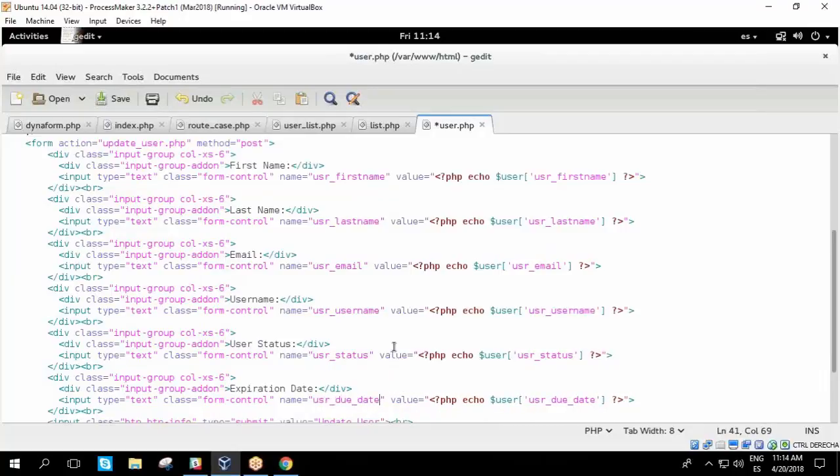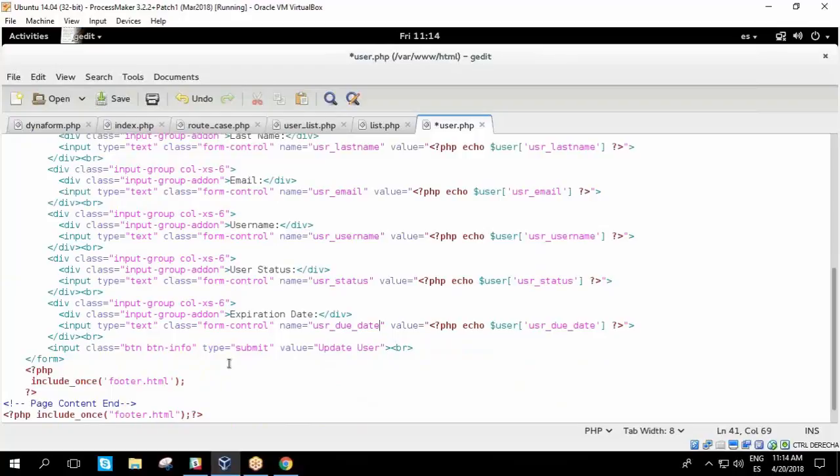So here I've got the expiration date of the account, and that should be it as far as naming each